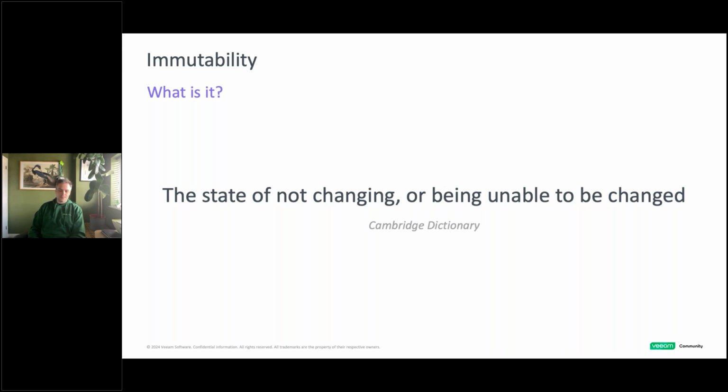But I thought I'd go a bit higher level and just cover off what it is, because not everyone knows what these technical things are that we've seen in these previous sessions. Great though they are, I think it's good to have some context around it as well. So immutability, this is the Cambridge Dictionary definition: the state of not changing or being unable to be changed. Makes sense.